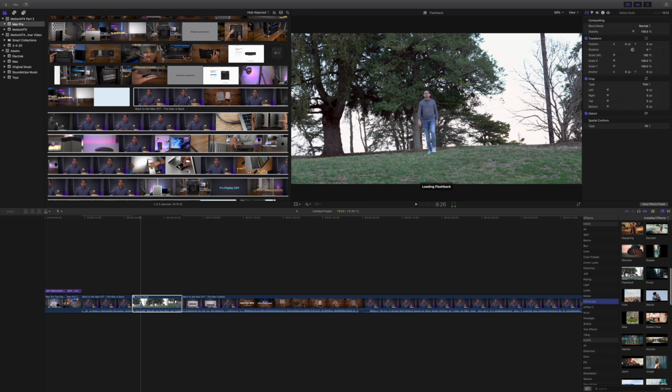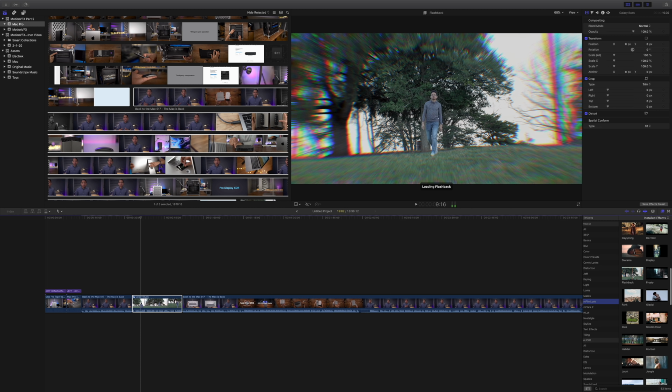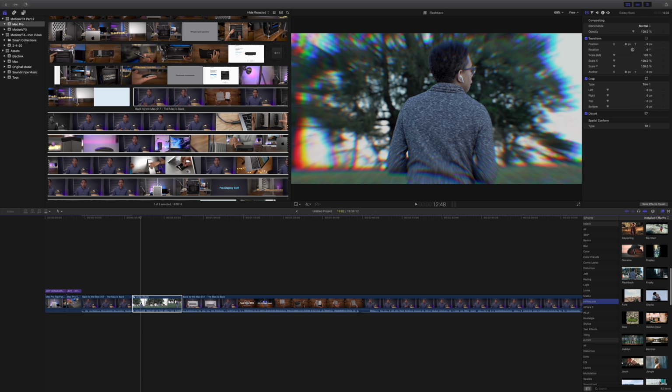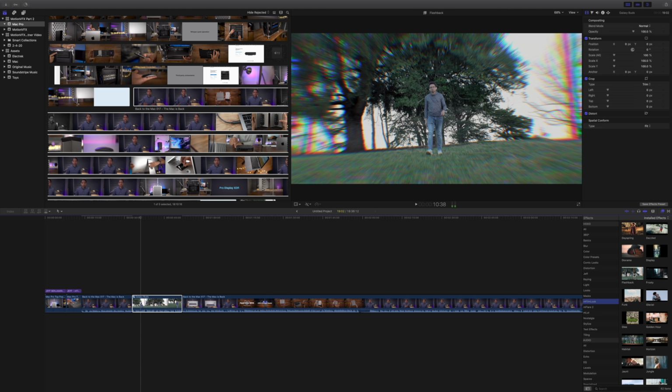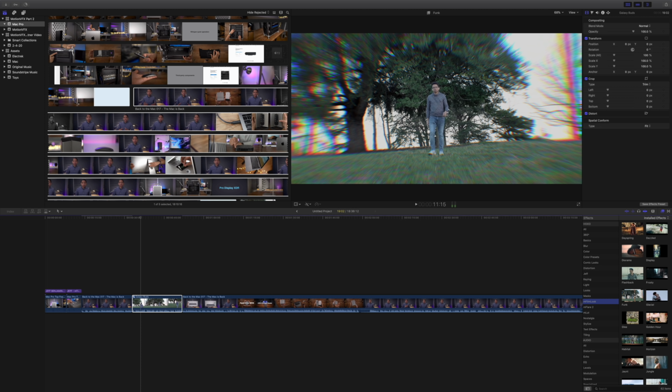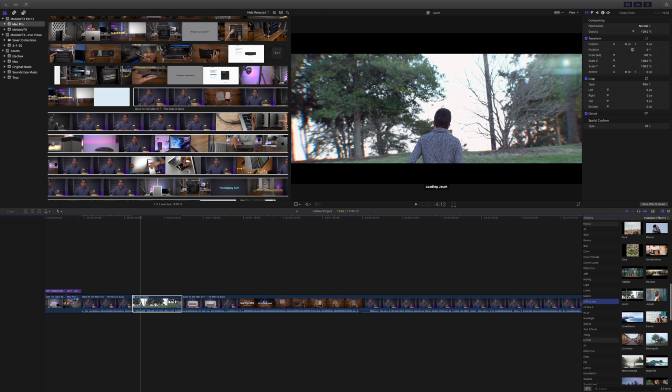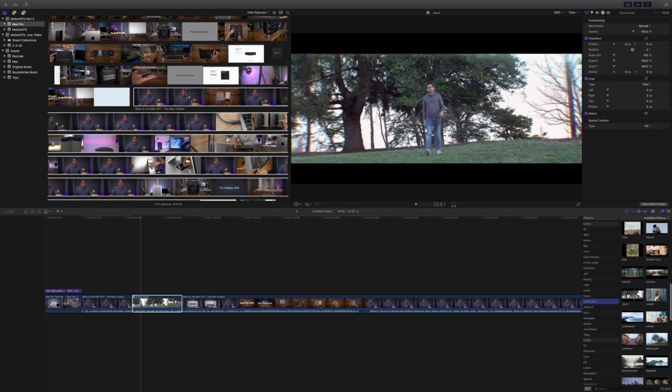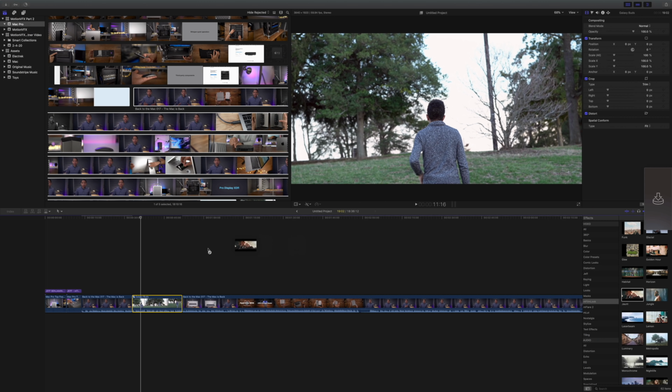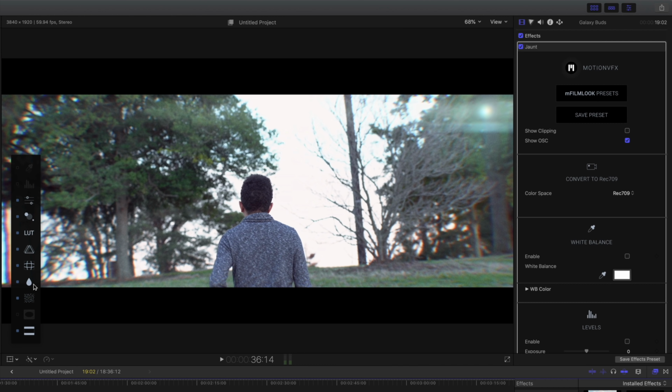And it gives your footage a whole new look and feel right there on the fly. For instance, there's the flashback preset. It's pretty good if you're having a dream or something like that in your footage. But here's my favorite. It's called Jaunt. It is one of the 60 plus presets. So all you do is drag and drop the MLookFilm preset on top of your footage, and there you'll get